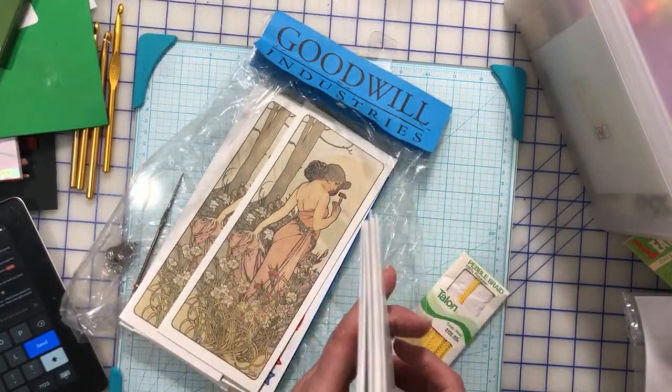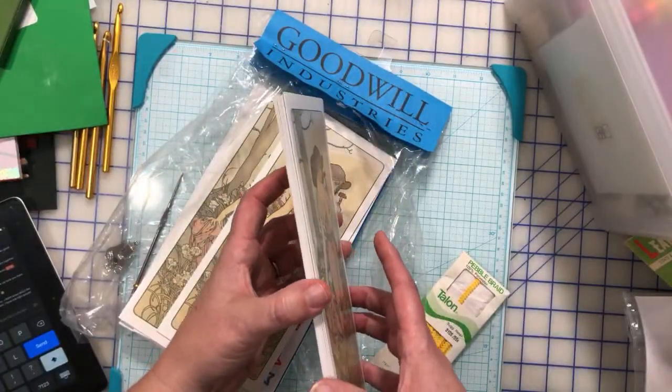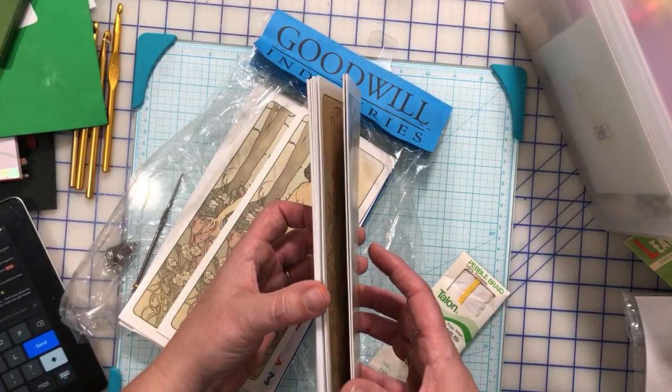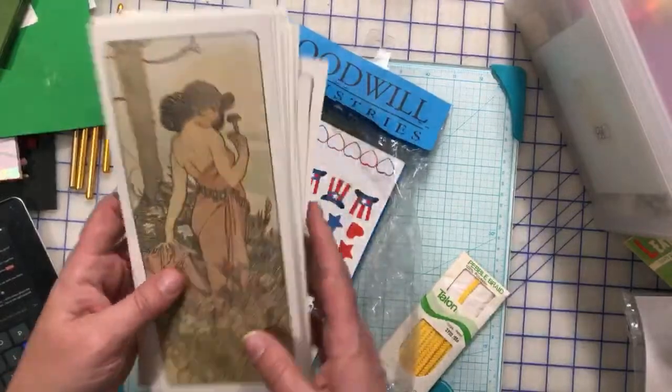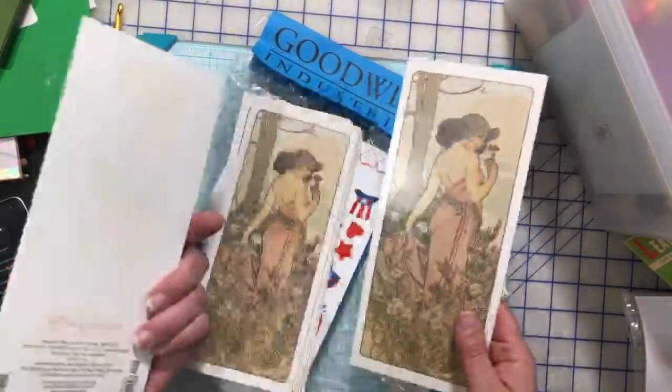Oh yeah, our St. Vincent de Paul, I don't know if it's all St. Vincent de Paul's, gives you a 20% off coupon when you make a donation. But anyways, this was kind of the reason I picked up this bundle, was these